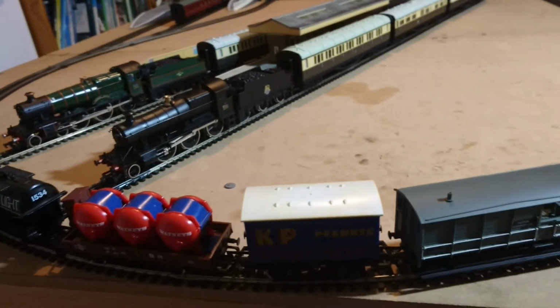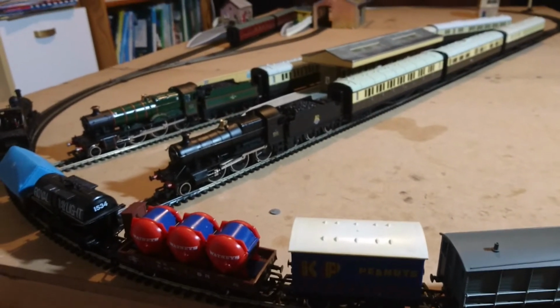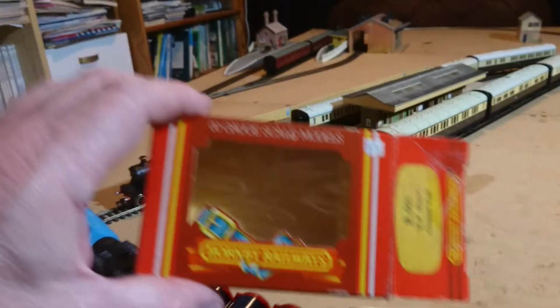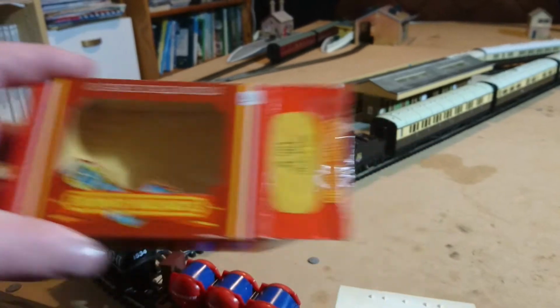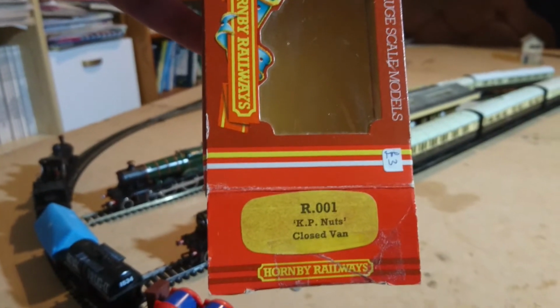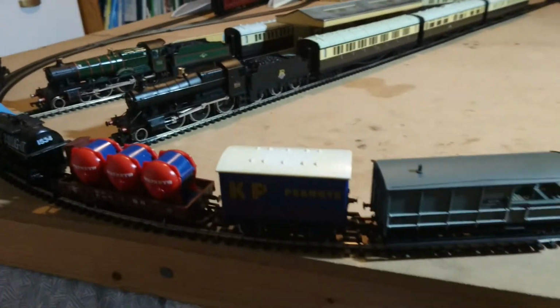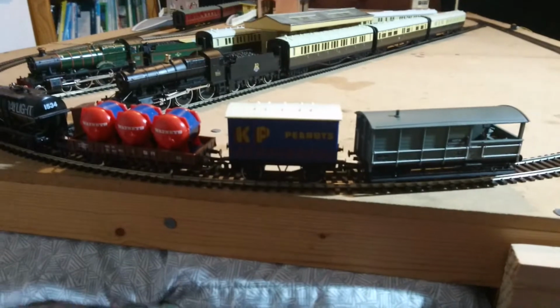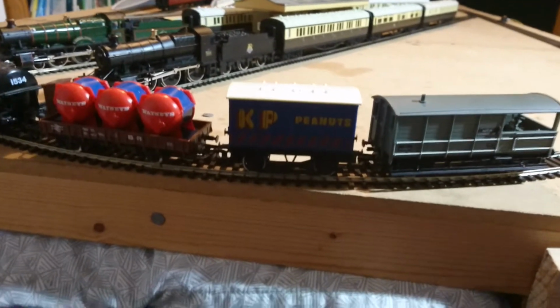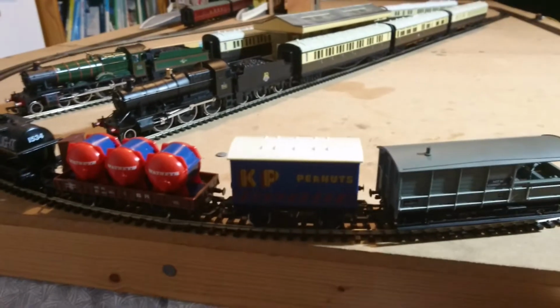Hornby. This is probably from the 1990s, I guess, judging by the box. Hornby Railways, our 001 KP Nuts closed van. So, our train has got KP Nuts there. Can't see it very clearly there, I'm afraid, with the lighting being poor, but now last but not least, we've got